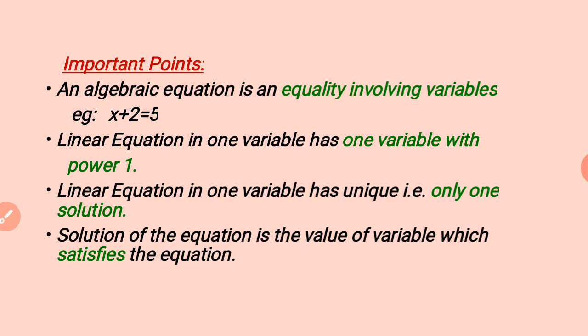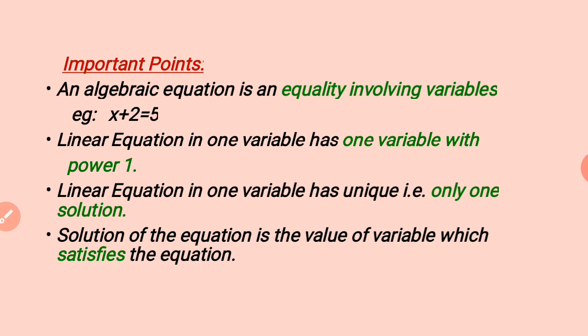Further, the name of the chapter is linear equation in one variable. How many variables you can see in the given equation? It is only one, that is x. Children, you can have various variables. I mean, there are 26 alphabets. You can select any of those alphabets. Here we have taken x, but it is not compulsory every time to take x. You can have any of those 26 alphabets. They are known as variables, because they can have various values.